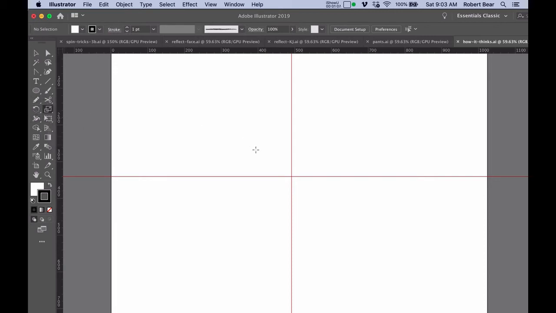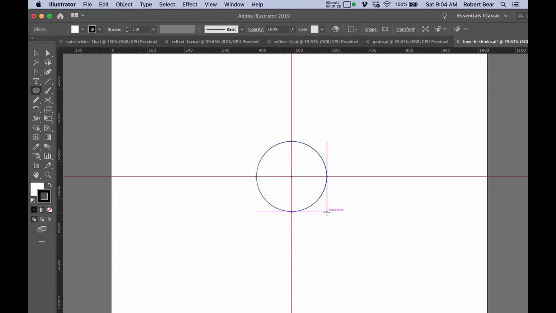So I'm going to start out by creating an oval. I can do that by hitting the letter L, and I'm going to create an oval from the center by holding down the Option key for Macintosh or Alt key for Windows. Now, if you want to constrain that as you hold down the Option key or Alt key, hold down the Shift key as well. So I'm going to share with you some really cool things in the next 5 minutes